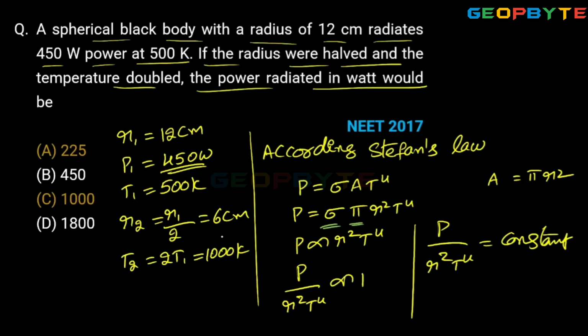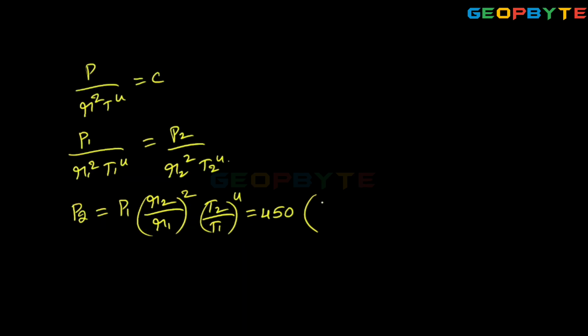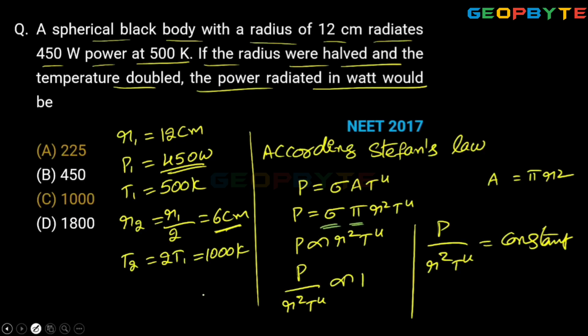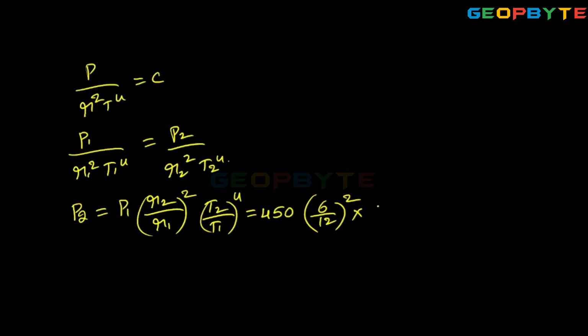R2 equals 6, R1 equals 12, so 6 by 12 square, into T2. T2 equals 1000 and T1 equals 500, right? So 1000 by 500